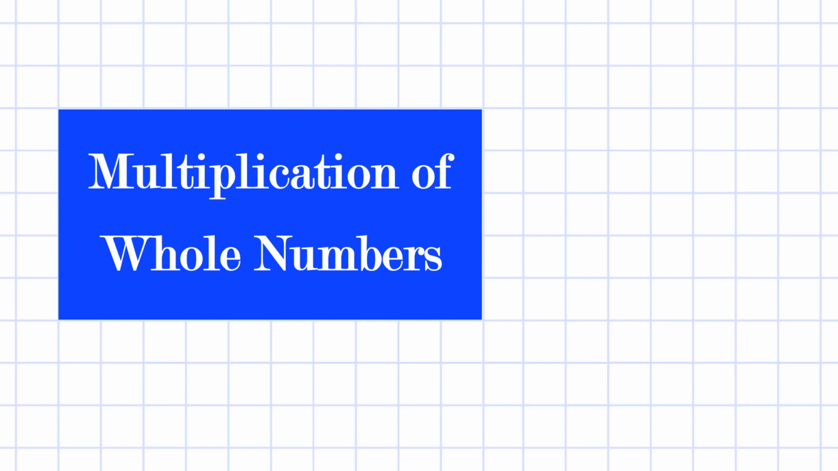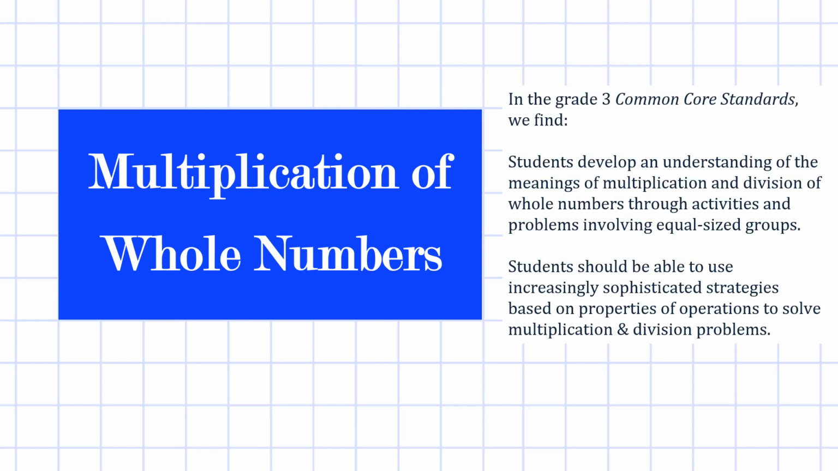All right, so this is section 3.4, multiplication of whole numbers. In the grade 3 Common Core standards, this is kind of just a summary of what you'll find in the grade 3 Common Core standards, but students are expected to be developing an understanding of the meanings of multiplication and division through activities and problems involving equal sized groups. What that means is like,